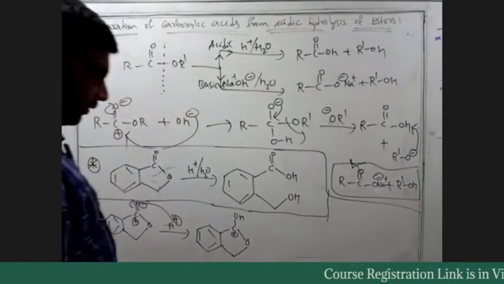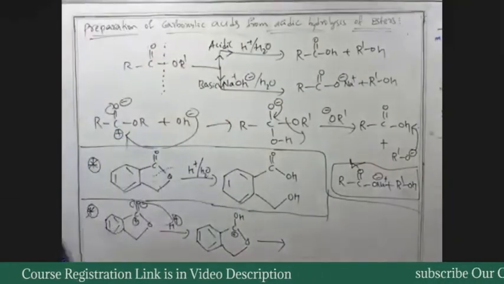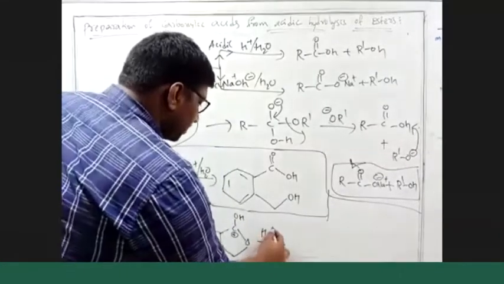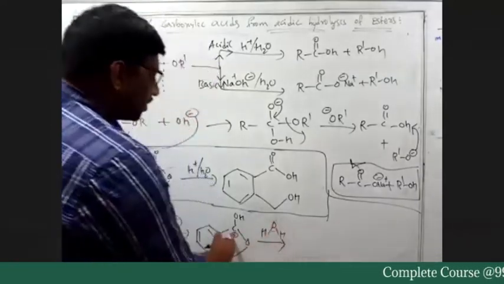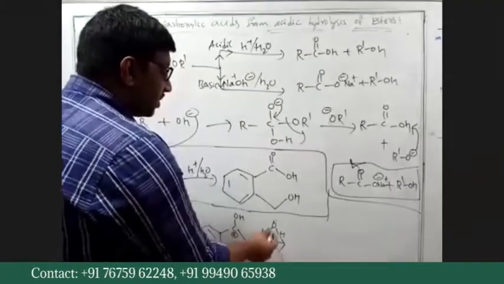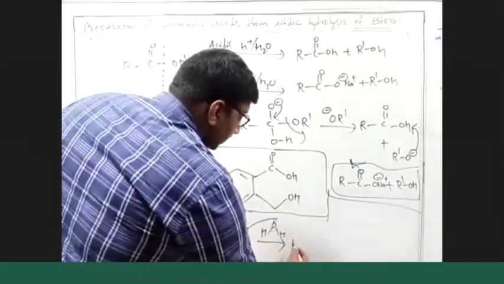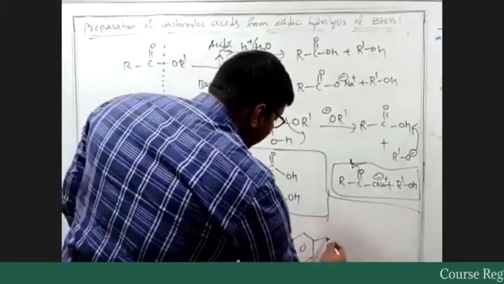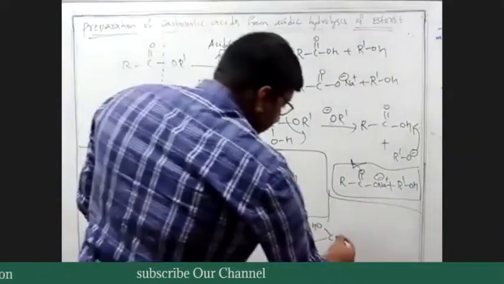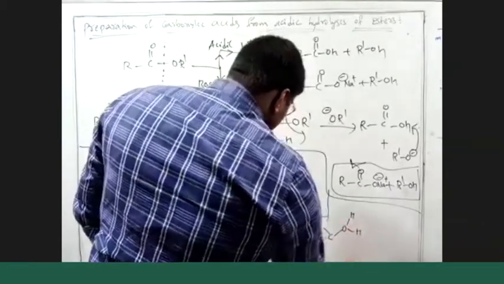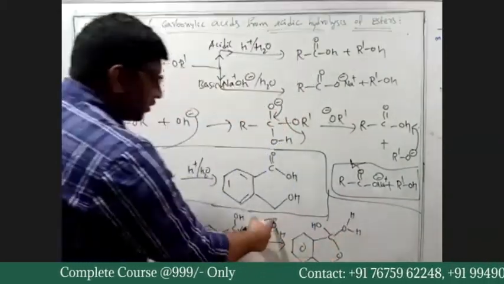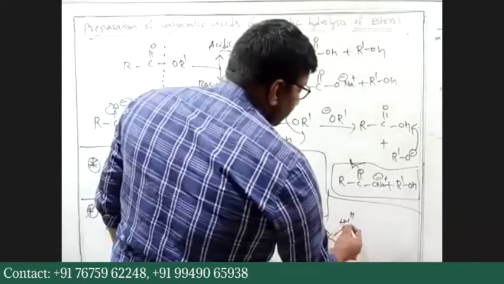Now H2O comes into the picture. This carbon is electrophilic. The lone pair on oxygen from H2O will now attack this carbon. We have benzene, we have carbon here, and on this carbon we have OH attached. On that same carbon we have oxygen with two hydrogens attached, and we have oxygen here. As a lone pair on this oxygen is used in the bond formation, this oxygen has a positive charge.